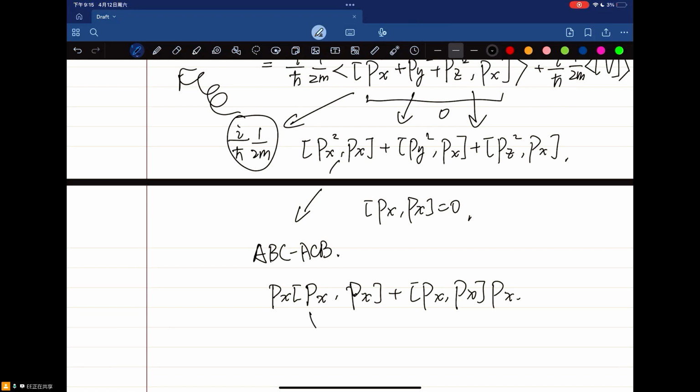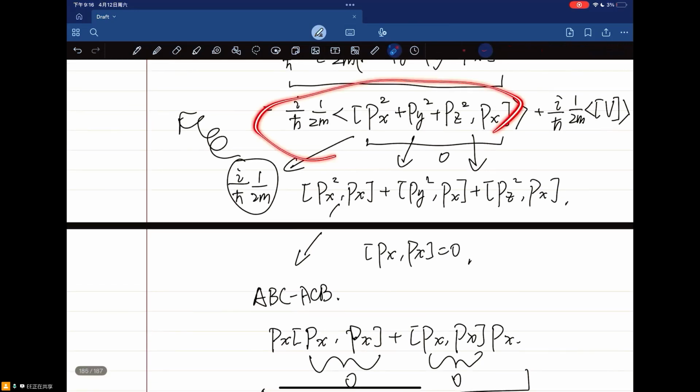Okay, and this will give me 0, this will give me 0, so the entire term will just be 0. And it's actually the same for y and z, because momentum commutator with momentum itself will always be 0. Okay, so this entire term will become 0, and the second term,